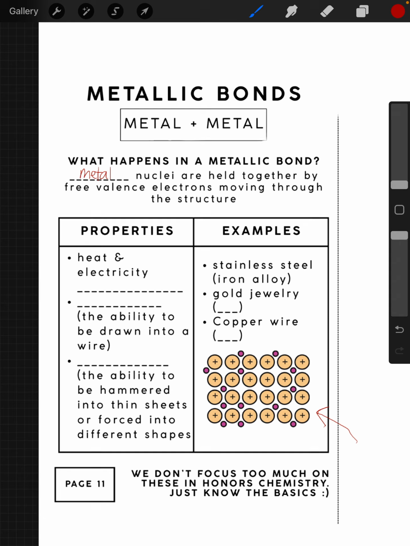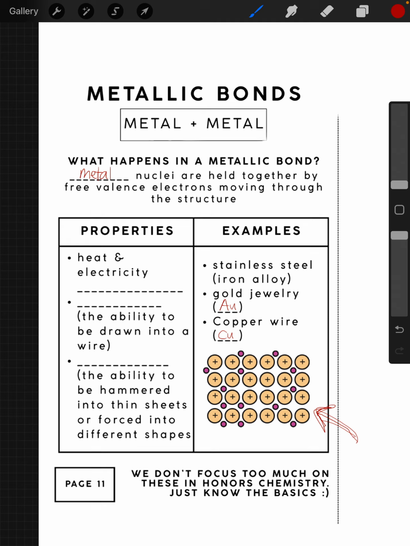Some examples in your daily life would be stainless steel. It's an iron alloy. An alloy is just a mixture of metals. If you have gold jewelry on right now, that is an example of a metallic bond. You have metals bonded to other metals. Finally, any sort of electronics, any sort of wiring you have in your house, that copper wire, Cu, again, is going to be experiencing some sort of metallic bonding. And again, here's just an image down here for you to help you understand what we're trying to illustrate